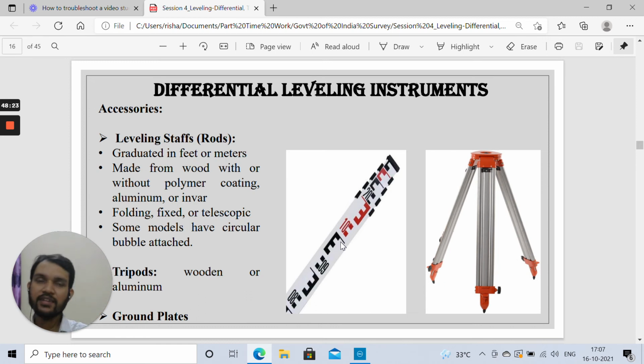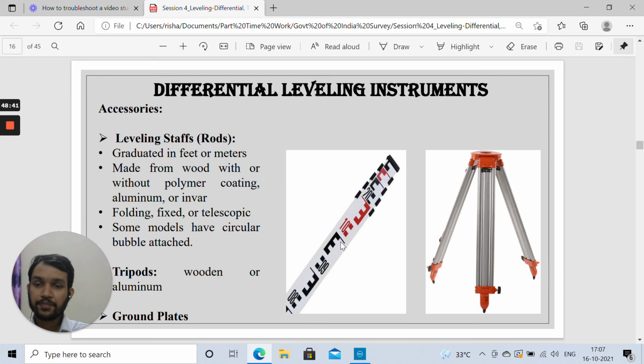And once it is required that the distance which you are sighting is greater than 1 meter, up till 2 meter, you can open it till 2 meter. If you are doing the survey in any excavation where you need a very large height, then it can be opened up till a maximum height of 4 meter. So they basically come up to a height of 4 meter.